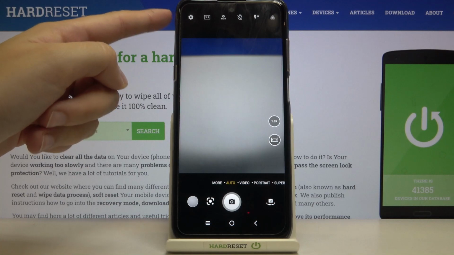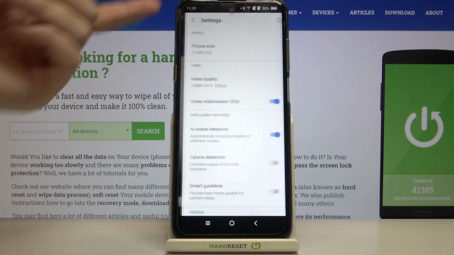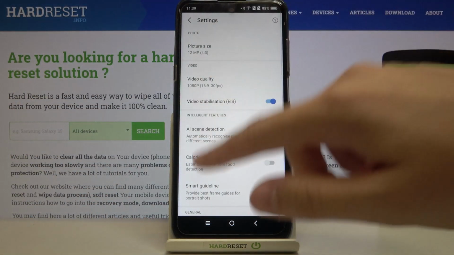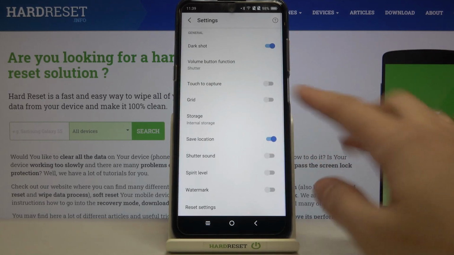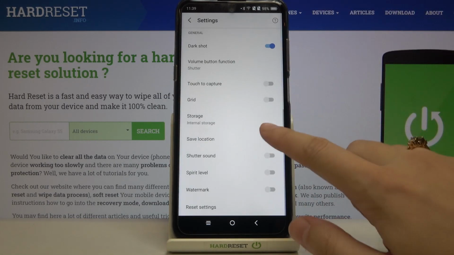From here let's go to the left corner button to open the advanced camera settings. Now we have to slide a little bit down to the general category, and here we can find the save location option, so it allows us to save the information about the place where we take a picture in the details about it. By using the button from the right we can easily turn it off and turn it on